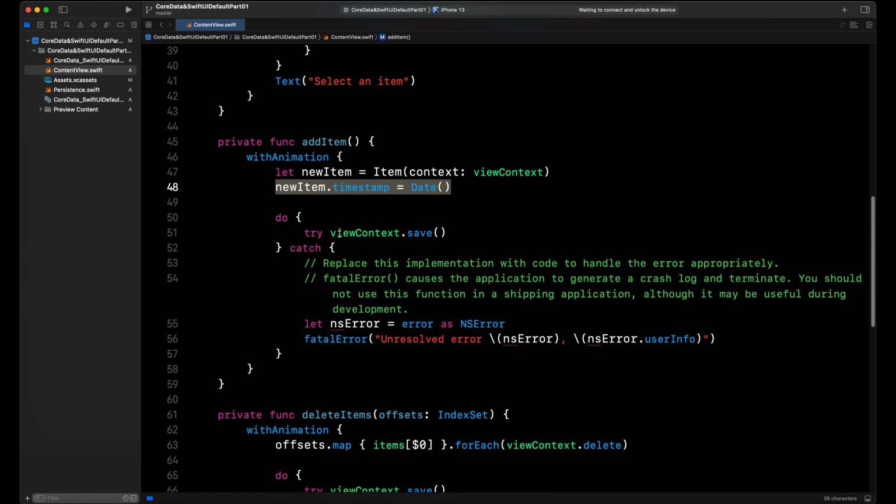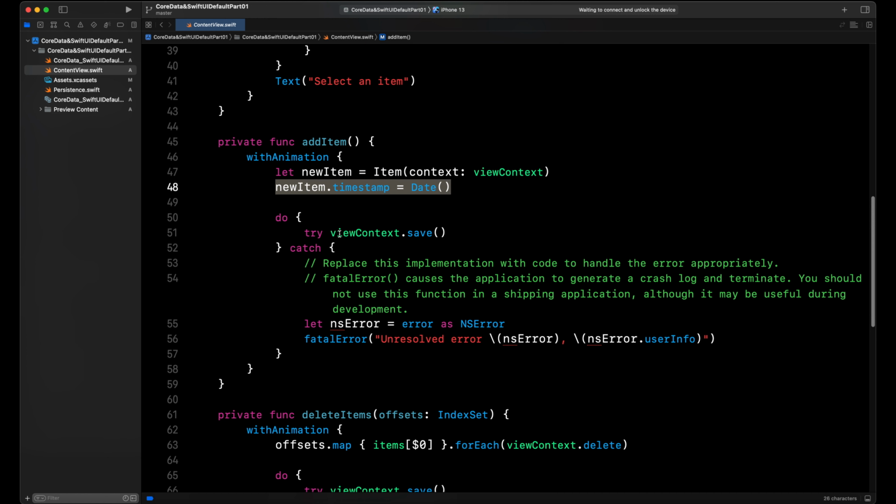More information about add item and delete item by using our CoreData will be displayed in the next video. And also we have the property items, and a formatter for displaying our data in our application. As you can see, we use this item when we display data in our application. Okay, this is our main content view, and now I want to run a simulator